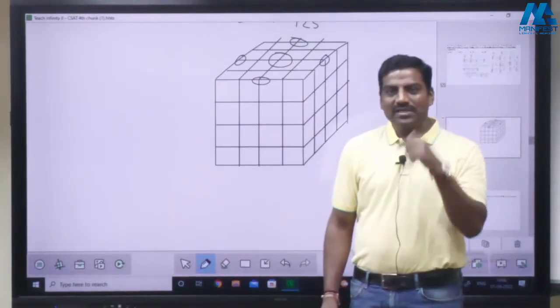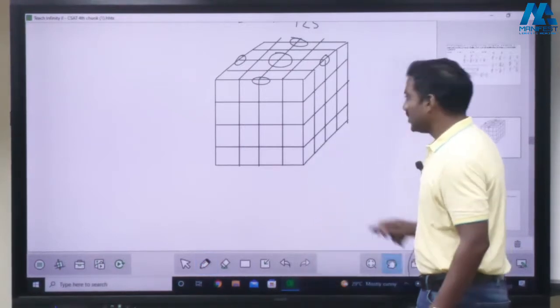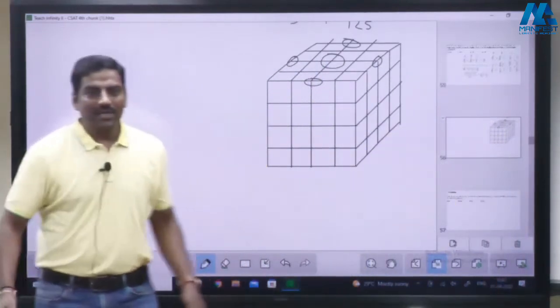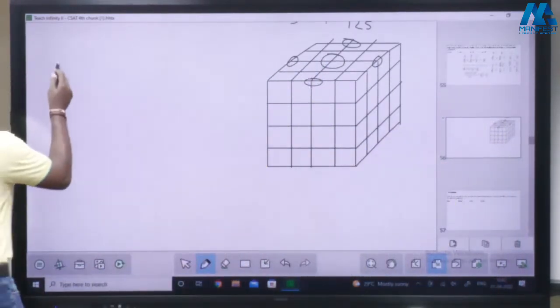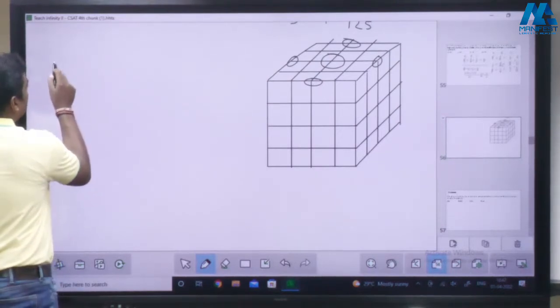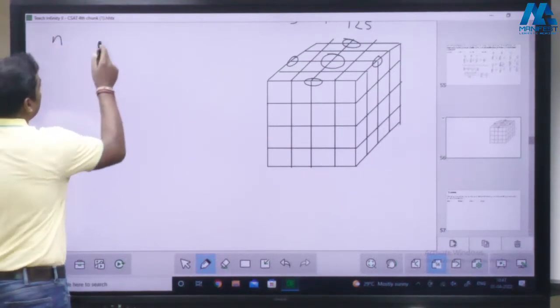So, why am I not writing the answers for this? Because these are fixed answers. These are fixed answers. So that is why I'll make a chart for you. See, first we'll look into the n, then